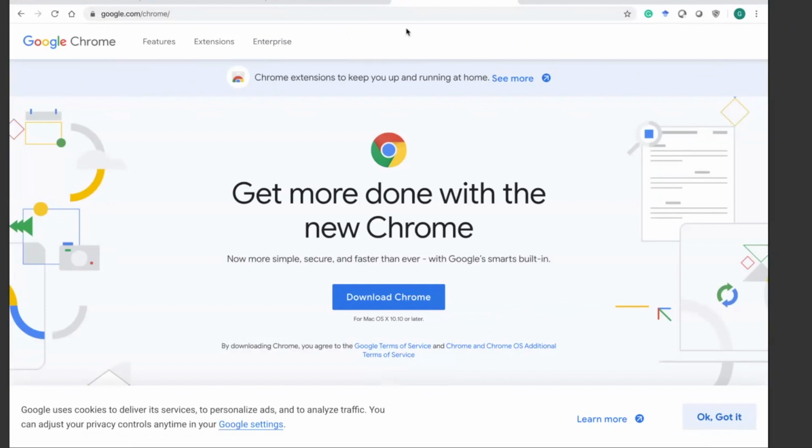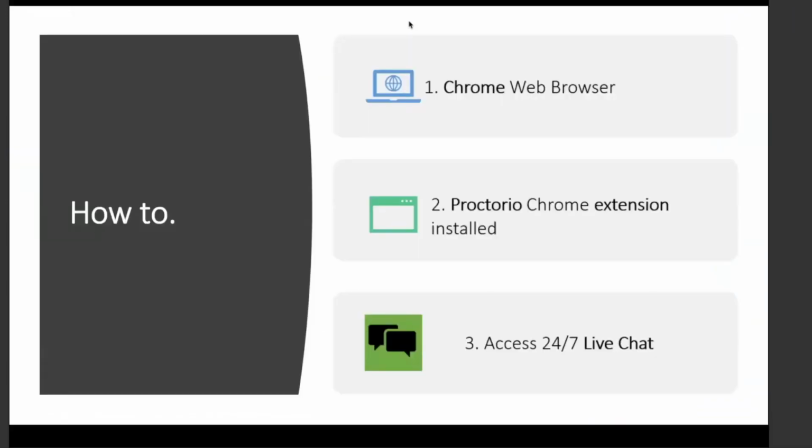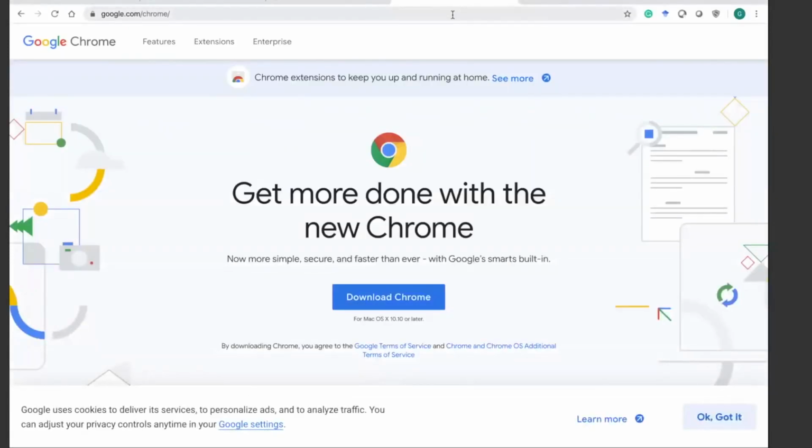So the second thing that we want to know is how to make sure that we have a Proctorio Chrome extension installed. Like I said, this is going to be how-tos or demonstrations, so let me demonstrate that for you real quick. How do I know that I have a Proctorio Chrome extension installed? The only way that I know how to do it, and the way that my friend Wes Frazier showed me how to do it,